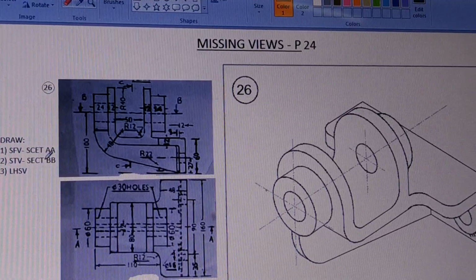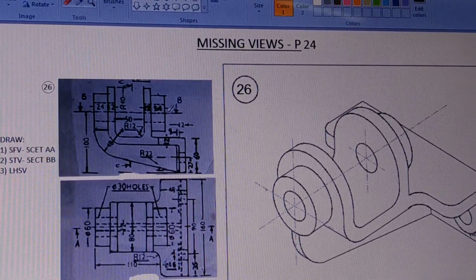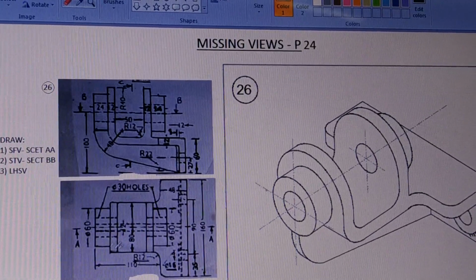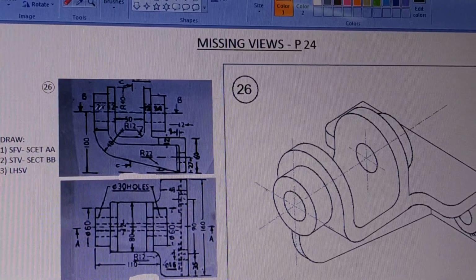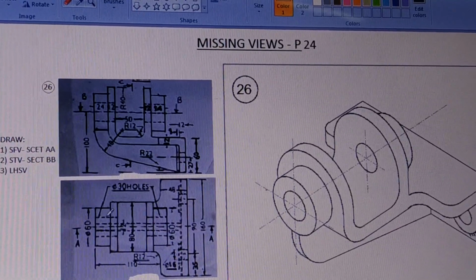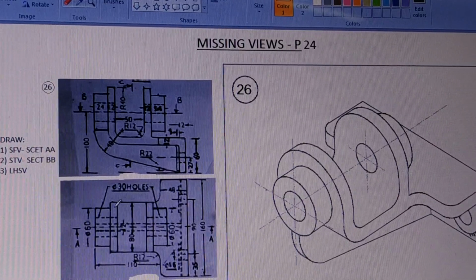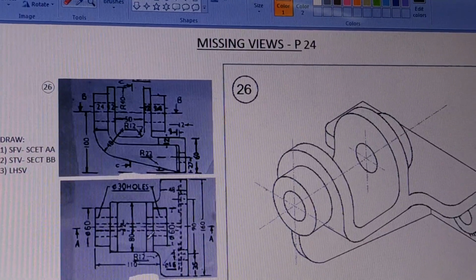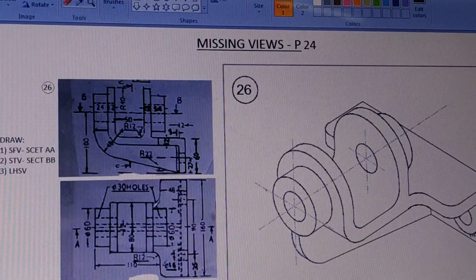Now let's see the sectional top view taken at BB. So when you cut the front view from here, that is section BB, and when you see from above, then you will get the revised top view as a sectional top view. So when you do that, this pipe is again cut, here and here it is again cut. So as a result, there will be section lines here. This dotted line will be a continuous line, and then the section line will be extended here, it will be extended here. Same thing, the section line will be here, section line will be here. Now this line, this small line will go.